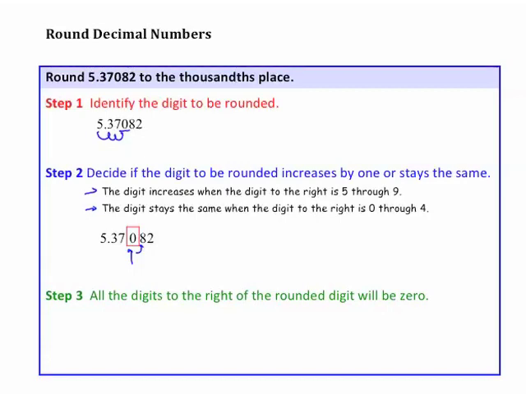So that is definitely 5 through 9. That's a large digit. That's going to tell us we need to round this 0 up to 1. So it's going to need to increase from 0 to 1. Now step 3 is to write the rounded value. So we're going to have